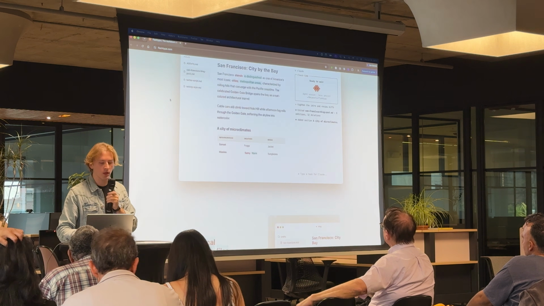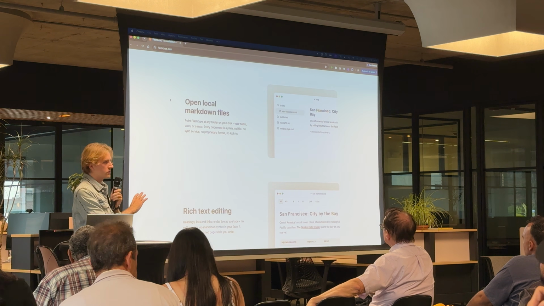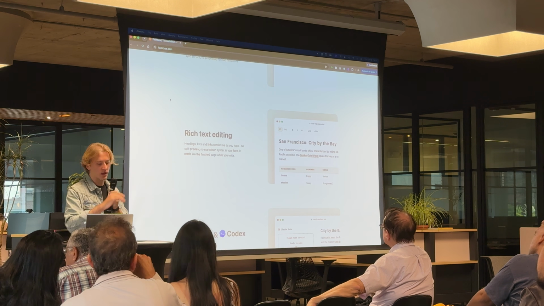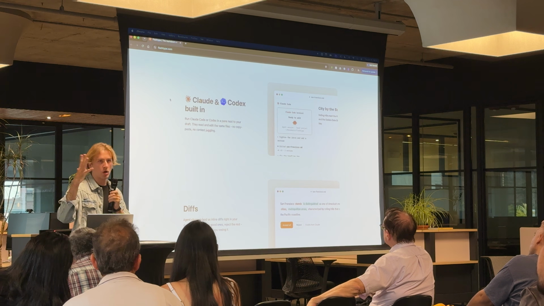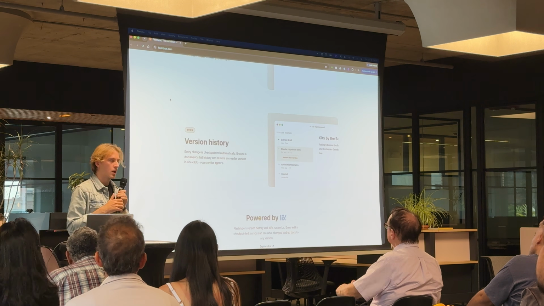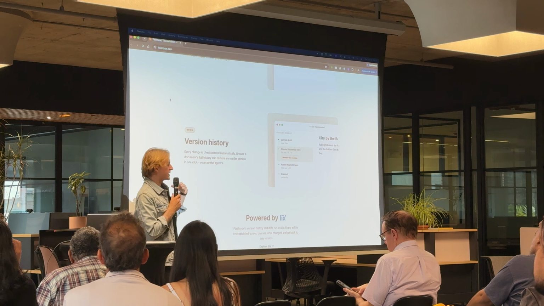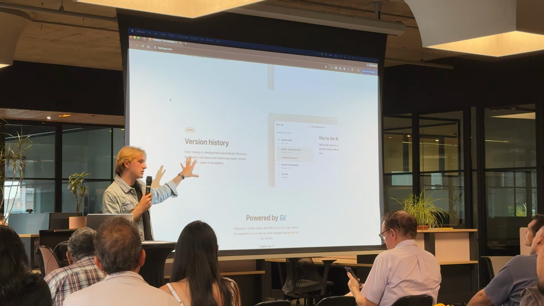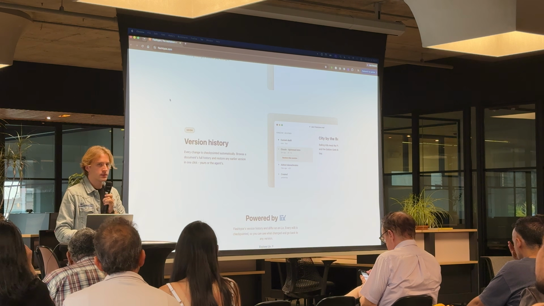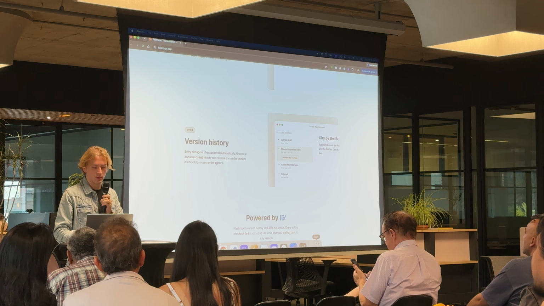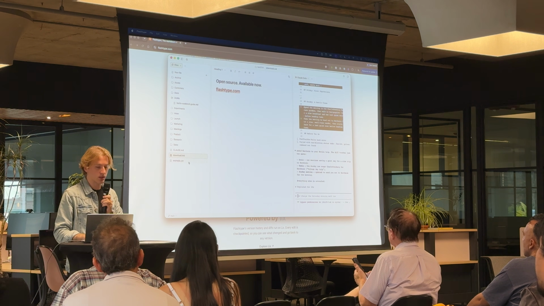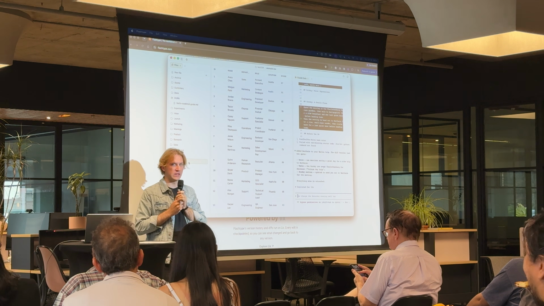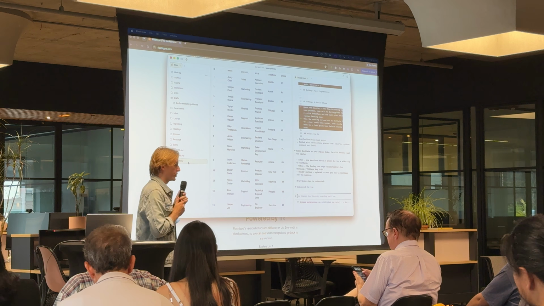Yeah, so for the Markdown editor in particular, it opens your local Markdown files, as we figured out that's a pain. You're going to get rich text editing, we have that already. Claude Code, Codex being your thing, diffs, and then we're going to incrementally expose more and more version control things that we as software engineers know, but in this Markdown application here. And little Easter egg, this is not going to stay a Markdown application. If I'm a salesperson and I generate a lot of leads with Claude and Codex, for example,